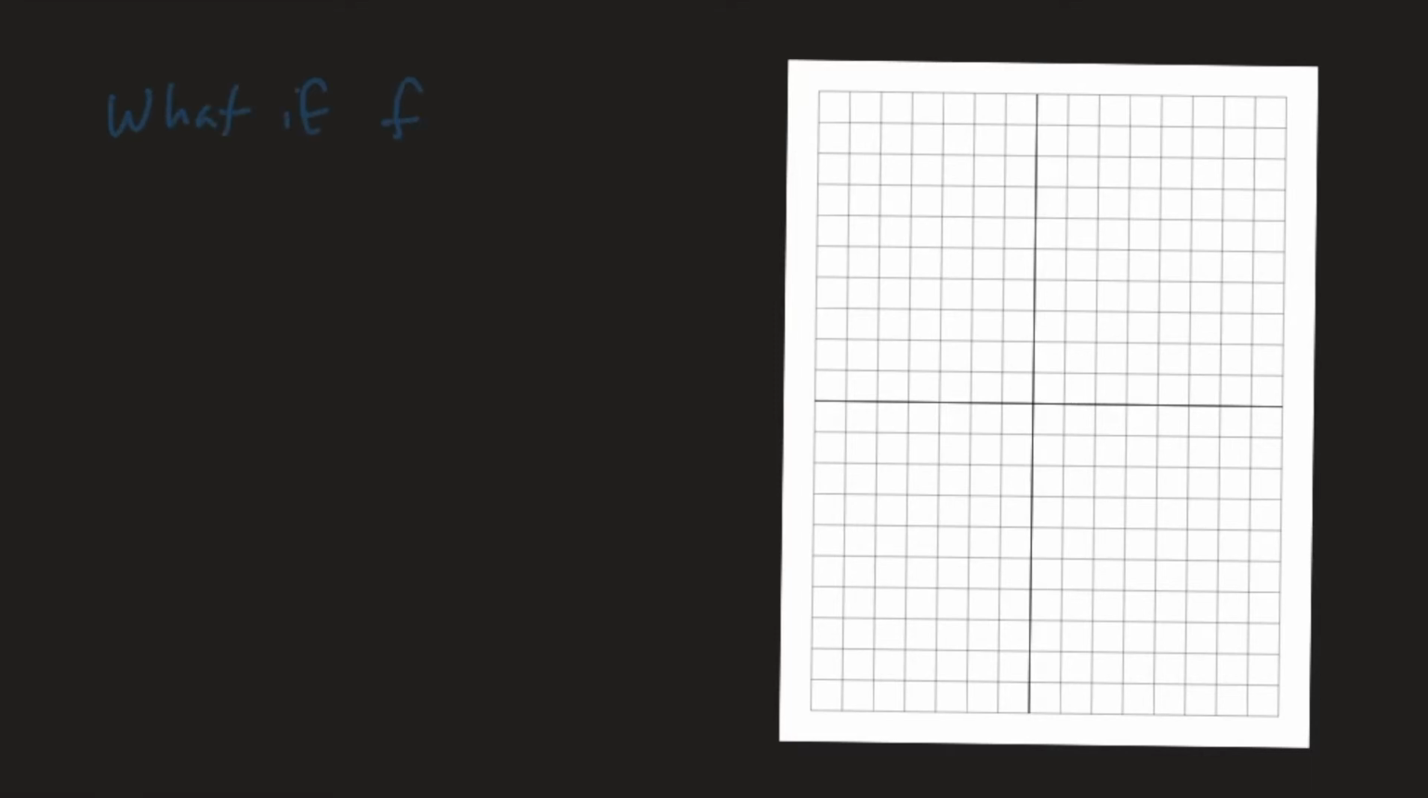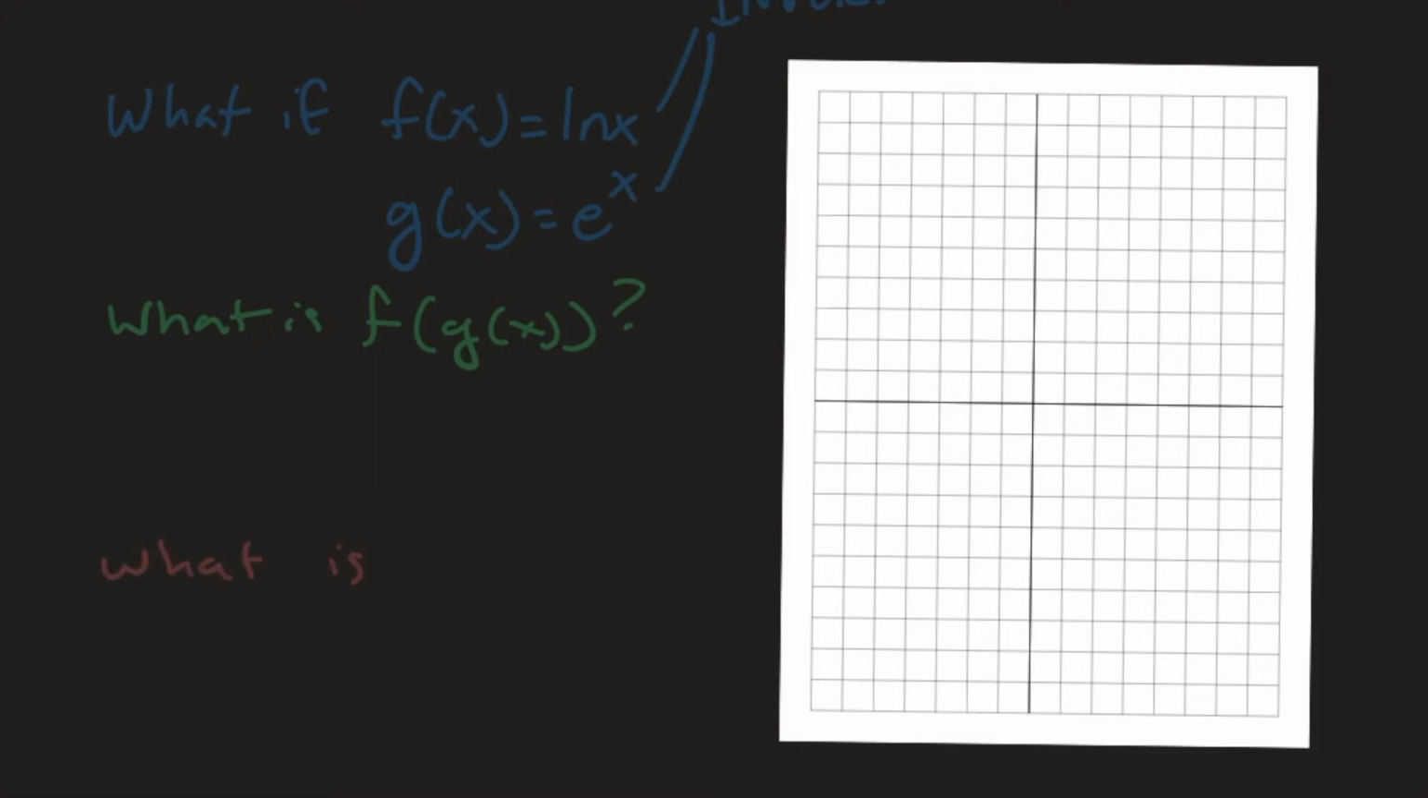Okay, let's look at a couple other functions, still not trig functions, kind of building up to that. What if f of x is the natural log of x and g of x is e to the x? Once again, these are inverse functions, so you would expect that when they are composed they will undo each other. So let's take a look at that composition, and we'll look at it in both directions. We'll ask what is f of g of x,